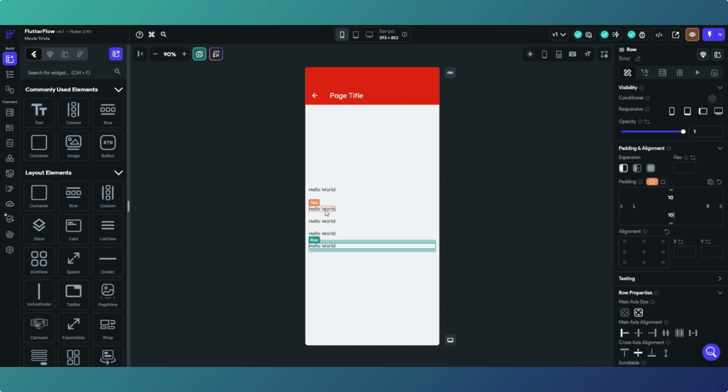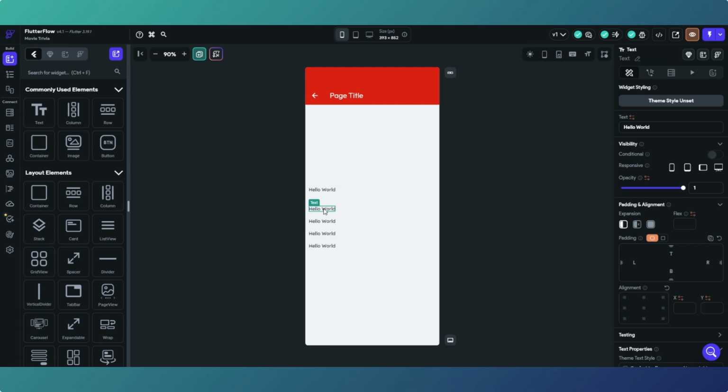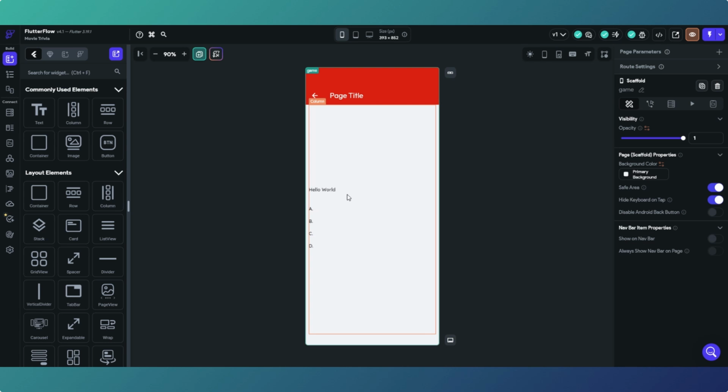So what we'll do here is select a text item there, and we're going to change the text itself to an A, and then give it a dot and a space. The next one, change it to B with a dot and a space. The next one, C with a dot and a space. And the next one, D with a dot and a space. That'll be where we put our answers. And then you want another text object. In actual fact, I am going to change that